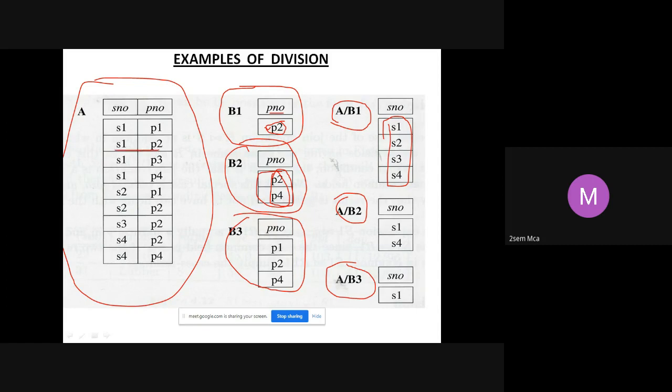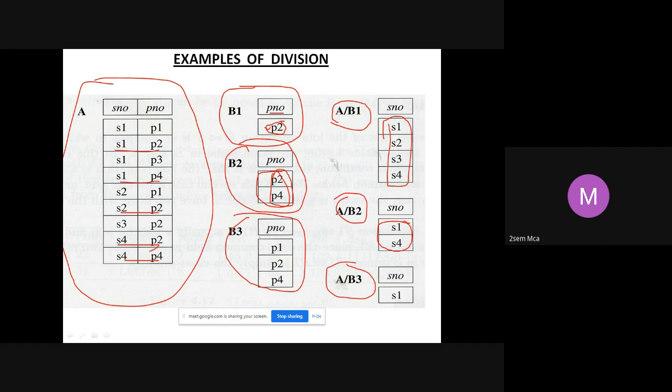S1 is working on P2. S1 is working on P4 also. S2 is working on P2. No, S2 is not working on P4, so I cannot take. Then S4 is working on P2, S4 is working on P4 also. So I can take S1 and S4. See here, S1 and S4.